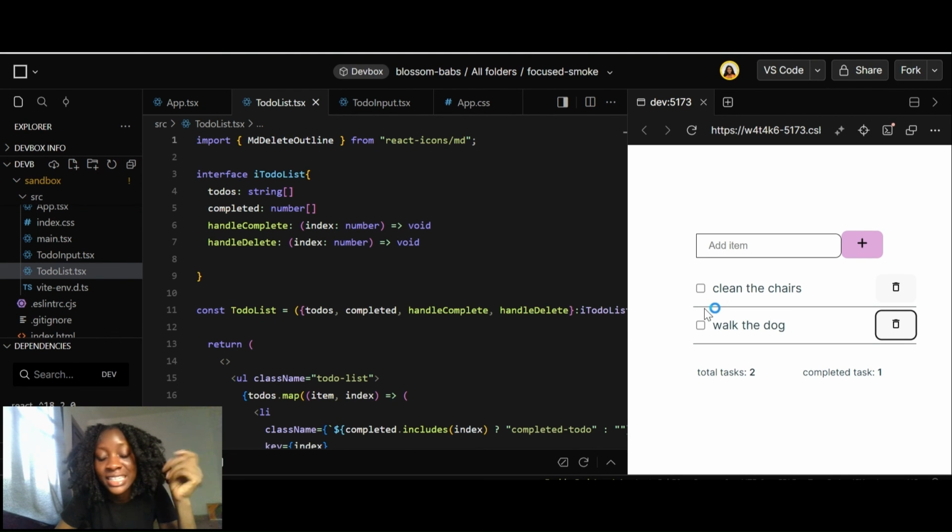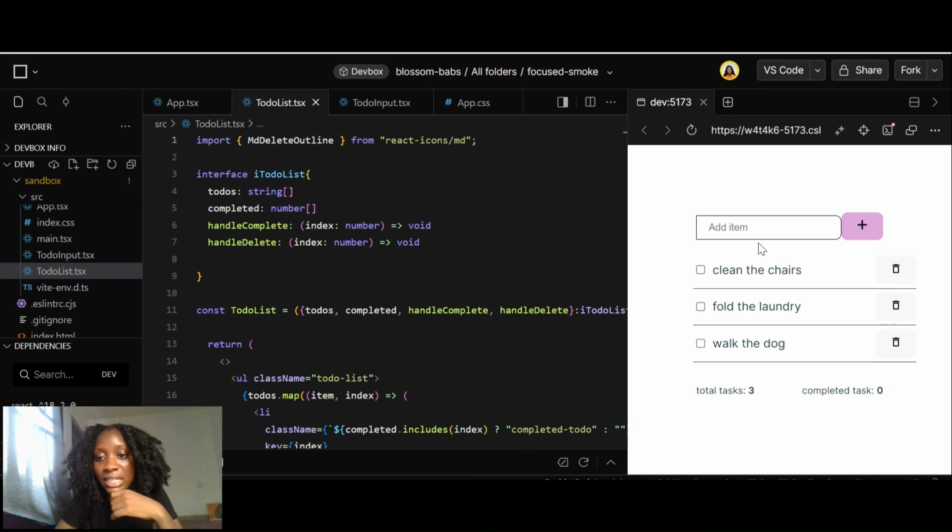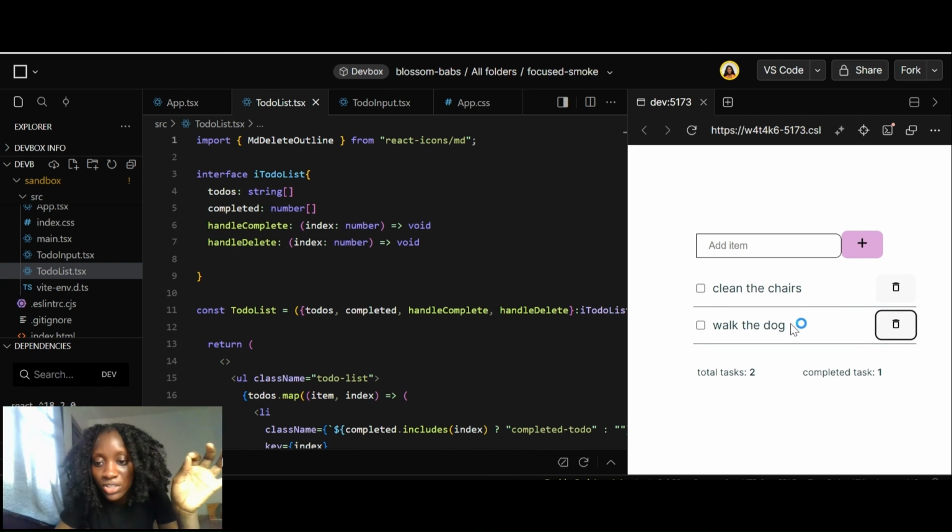Hi guys, so editing Blossom here. I noticed a bug while editing that has to be addressed. So I'm going to reload that. We click on fold the laundry, we complete walk the dog, but you notice something really interesting. When we delete fold the laundry, walk the dog is no longer checked, is no longer completed, and completed tasks